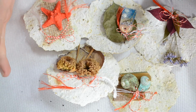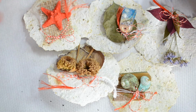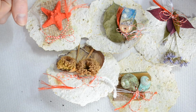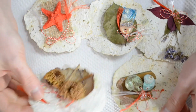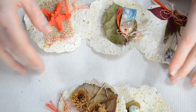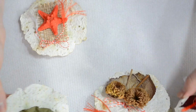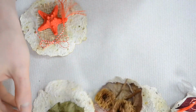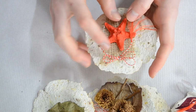I think it's quite nice. I was surprised by the result, as I was surprised about the paper. And let me take them step by step and explain it to you. Let's start with, I'll leave my favorite last. This one I had